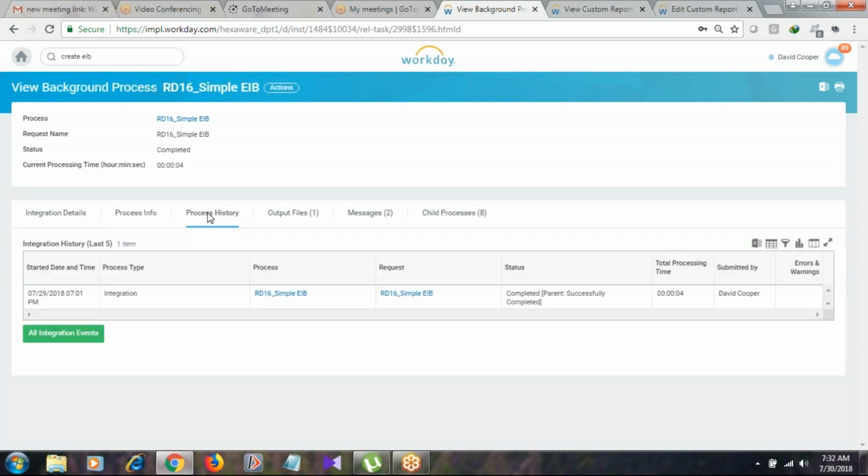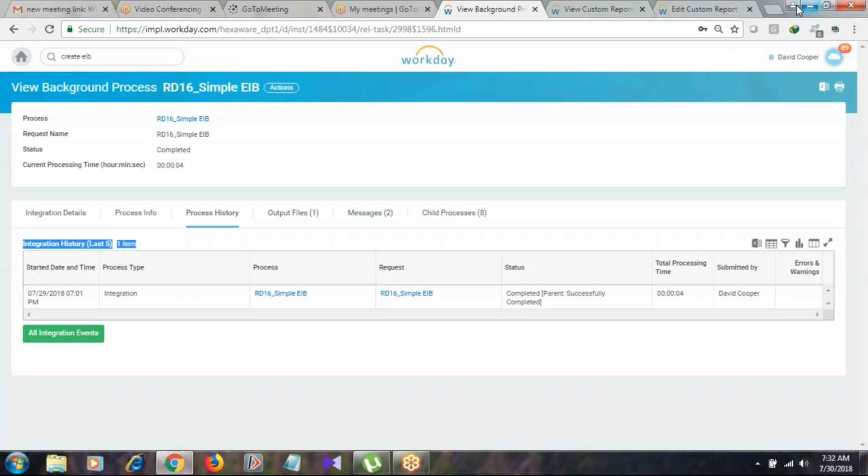In the process history tab, you can see the last 5 runs of the integration and when they completed. Suppose we run this as a daily recurrence, so it will run once per day. Let's say it is running for the last 1 month, running once daily, which means it will have run 30 times.